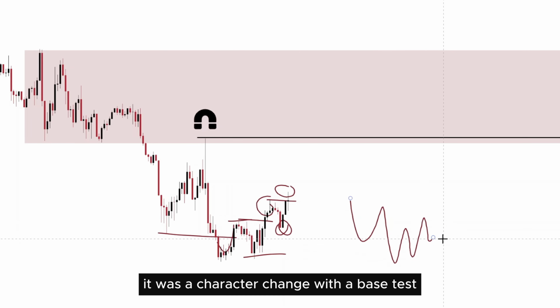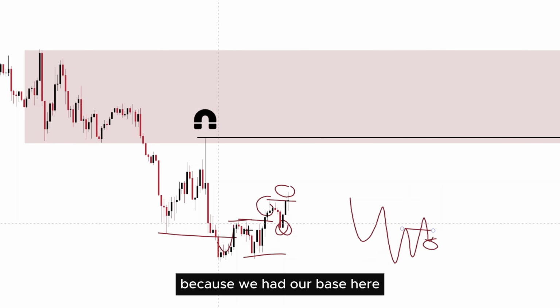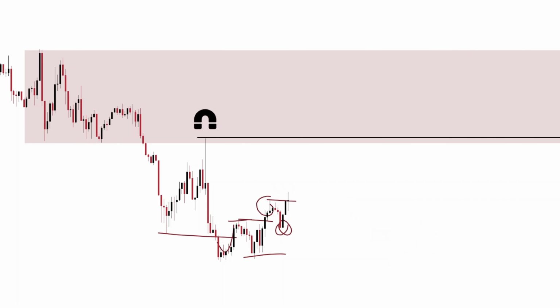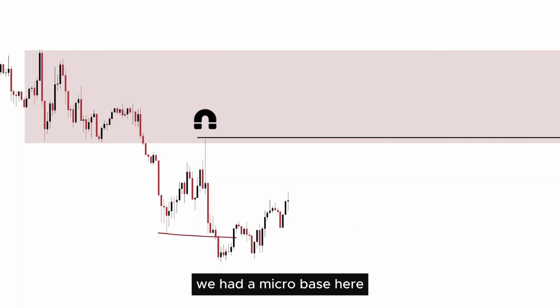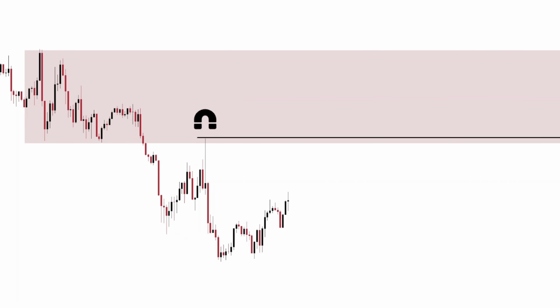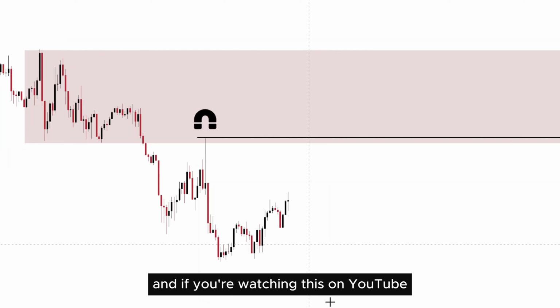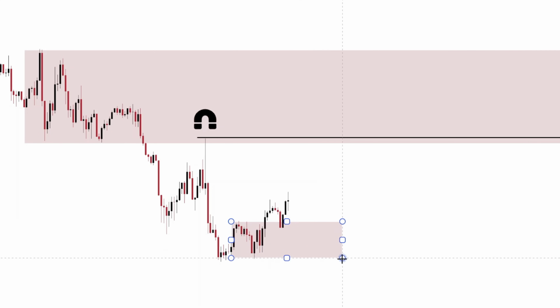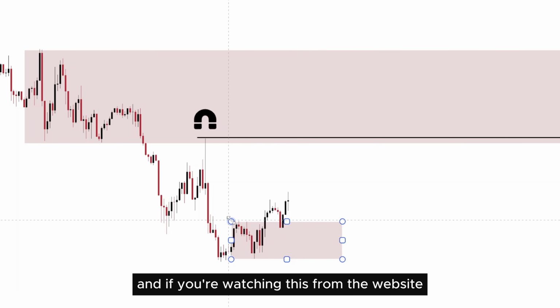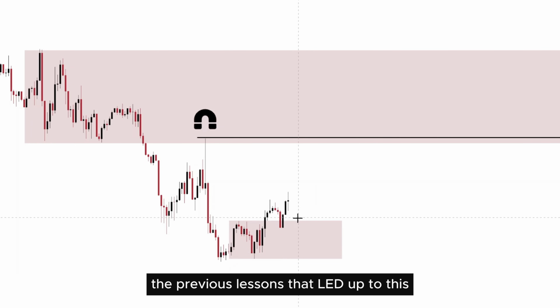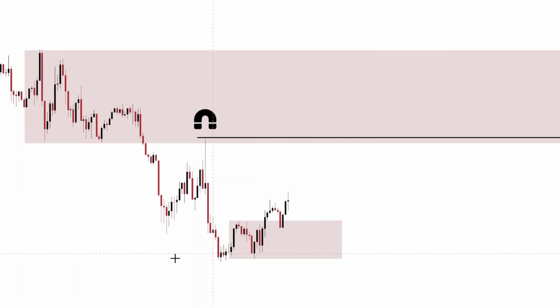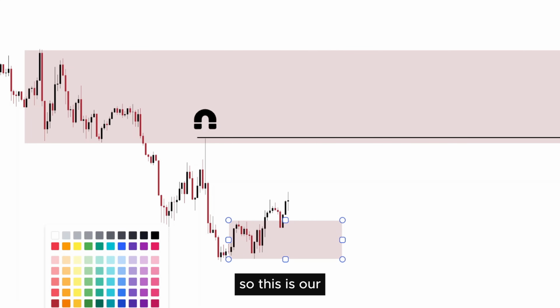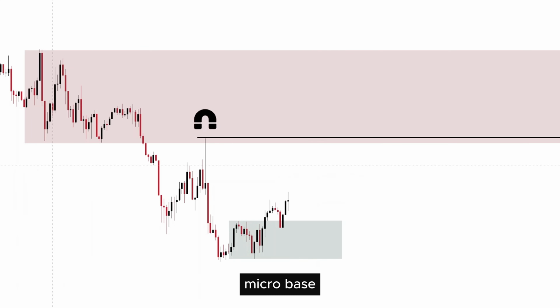So it wasn't just a simple character change. It was a character change with a base test, because we had our base here. We had a micro base here. And if you're watching this on YouTube, we covered this deeply in the previous lessons on the website. And if you're watching this from the website, then you've already seen the previous lessons that led up to this. So this is our micro base,